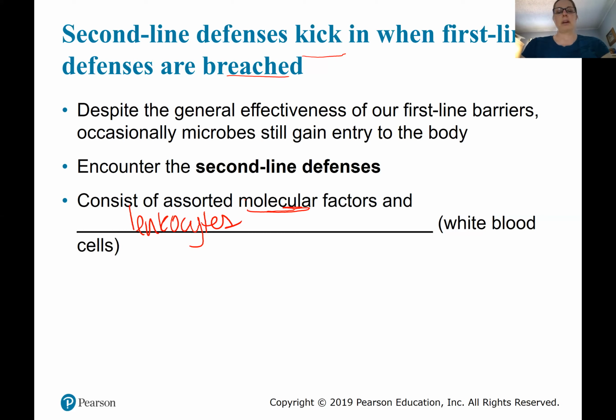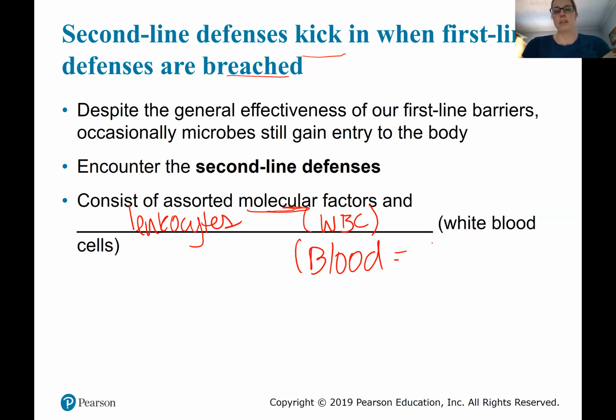Leukocytes. Okay, those are also known as white blood cells. Leukocyte is the fancy word for white blood cell. We're going to talk about some different types of white blood cells as well. But just as a side note and kind of a review for those that have had A and P, blood